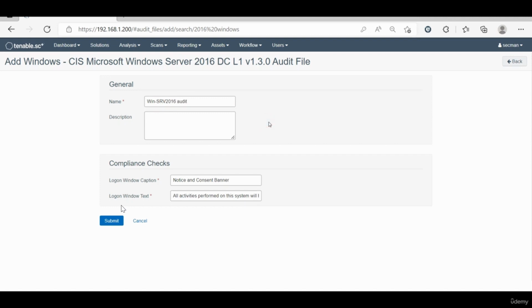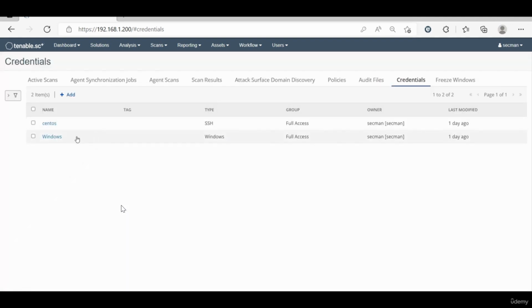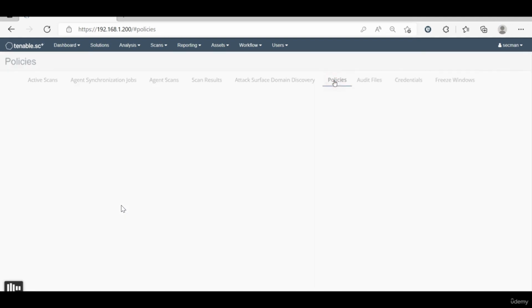I'm testing this for the first time. It's no problem, but you need to add a name. Then, as I told you, we need the credential. Here's the Windows credential. Go to policy